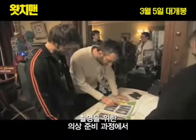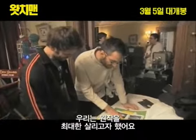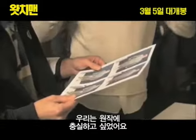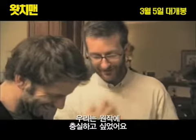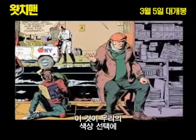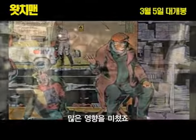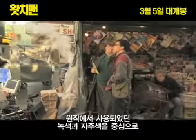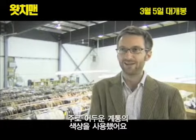In gathering together the costume stock for the film, we really tried to take our starting point from the graphic novel. We wanted to be very respectful to the source material. So it affected a lot of our choice of colours. We really tried to keep within the greens, the purples, the murky sort of secondary colours that are in the